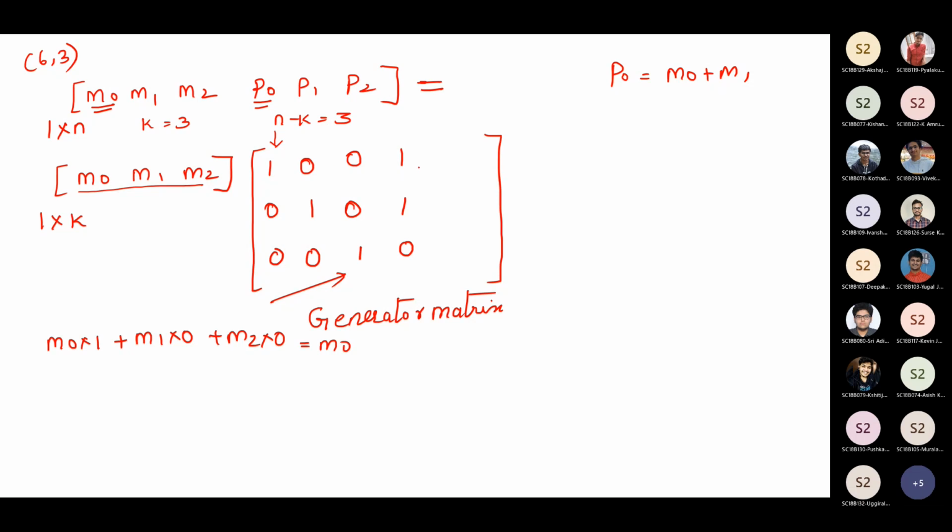So when I multiply, I'll be getting this element as M0 plus M1. Next one I should get M1 and M2. Last one I have to get all 1. So if you see the generator matrix, the size of the generator matrix will be K cross N. So K and K will be getting cancelled. So resultant we will be getting 1 cross N. Okay. So generator matrix size will be K cross N.